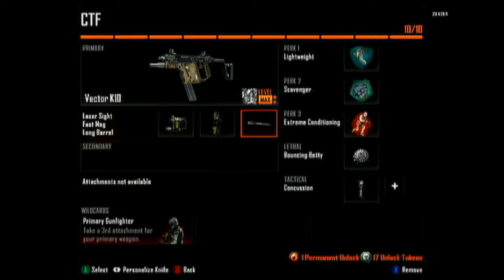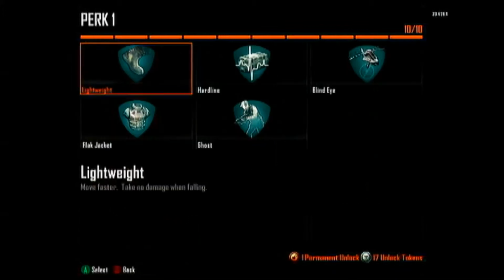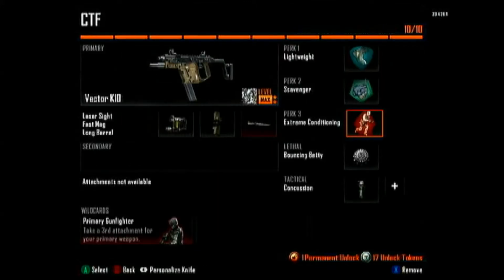And then we'll get over to Perk 1 here. I like to run Lightweight, because obviously, no fall damage, you move a little faster. That's going to be helpful when you're running the flag, or even trying to chase down the guy that took your flag. Once again, Scavenger, I'm almost always running Scavenger in every class. It replenishes Betties, concussions, just anything that you're running, it'll give you new ones once you use them. And then Extreme Conditioning, because you run further distances,